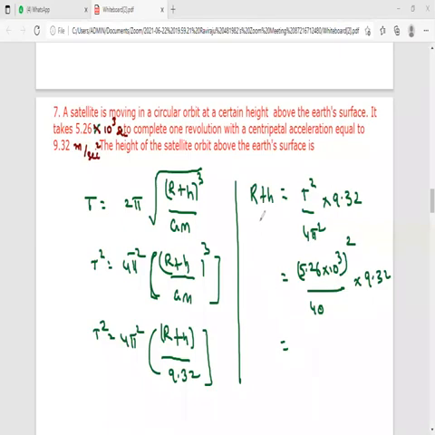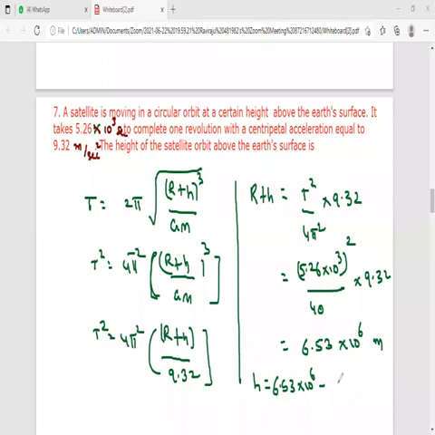Then you will get the value for r plus h only, and nearly the answer is 6.53 into 10 power 6 meters. This is the value of r plus h only. But if you want to find out the h value, it is this one minus r only. So 6.53 into 10 power 6 minus the radius of Earth